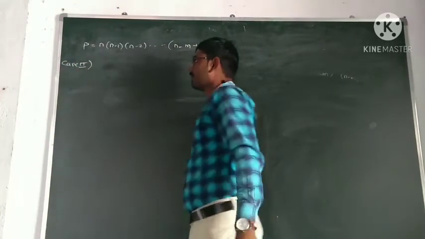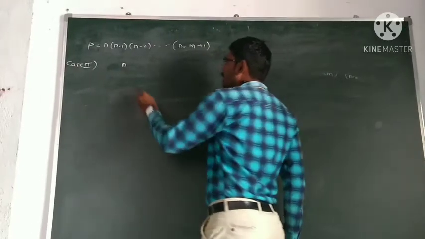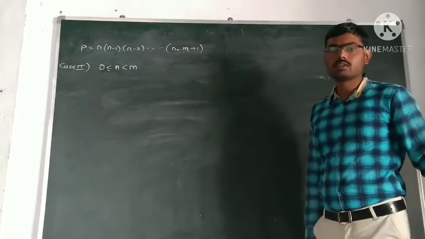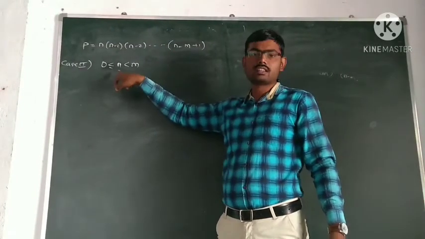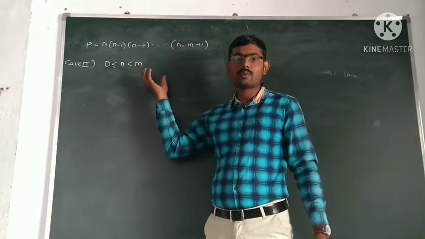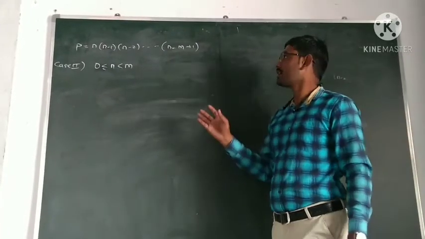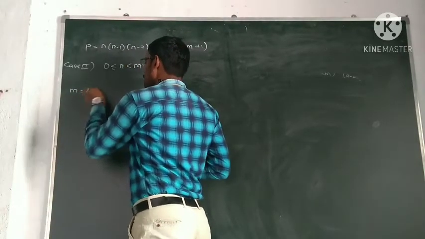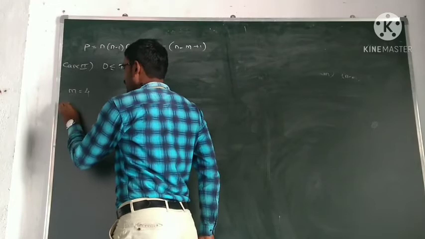Now in this case, we will assume that n is less than m but greater than or equal to 0. In the previous case, we assumed n was greater than or equal to m. But the interesting thing about this case is, first we will take an example which is not part of the proof, but will clear the concept of the second case. Suppose we take m equal to 4 and we take n less than m, so n is 3.